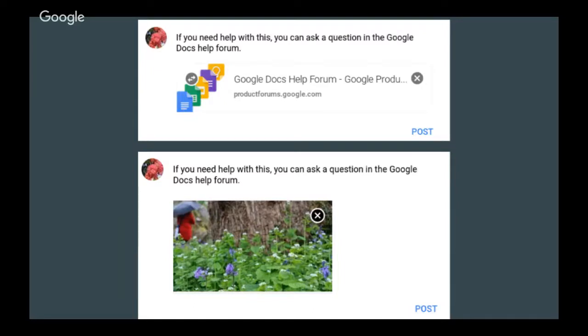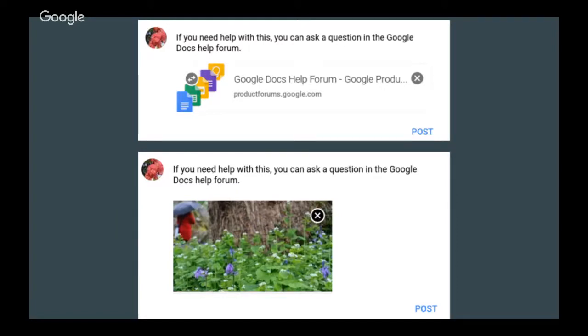The only thing I'll say is that if you're going to post an image, pick carefully what image you post, because some people may not appreciate having really off-topic images added to the comments of their posts. I agree. Now, as the owner of that post, can I not delete that one? Yes. So if they don't like it, they can delete the whole comment. Yes, the person who makes the post can moderate the comments on their own posts, and they can remove anything that they don't like.